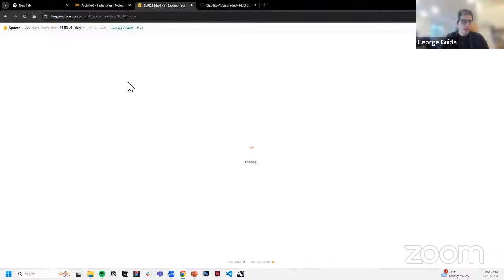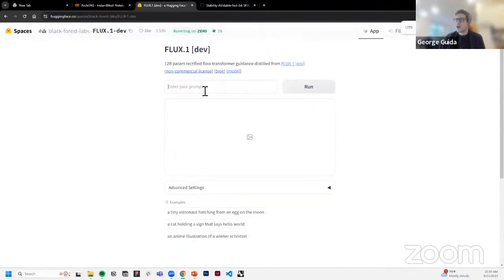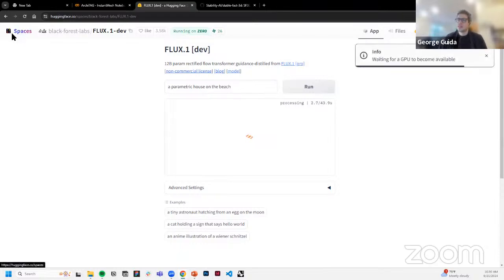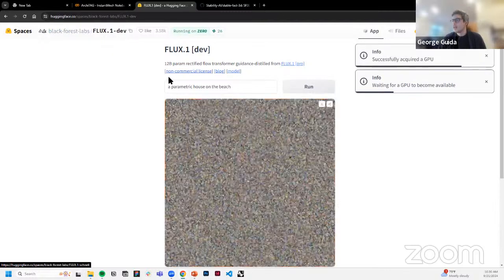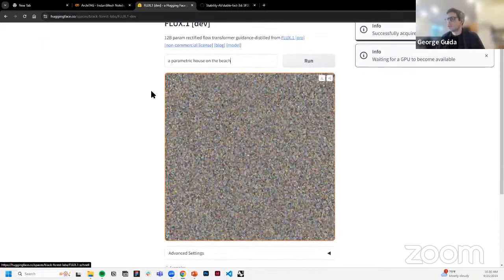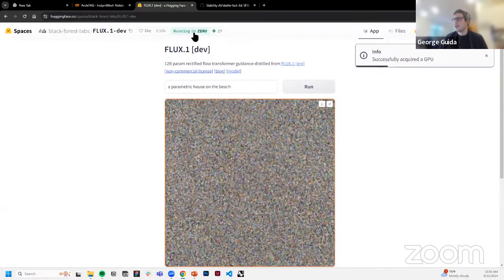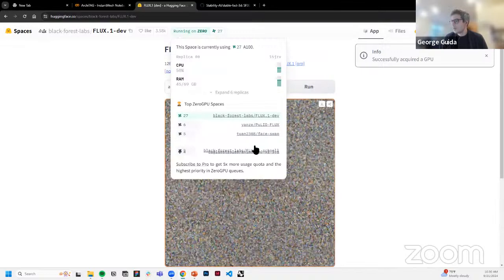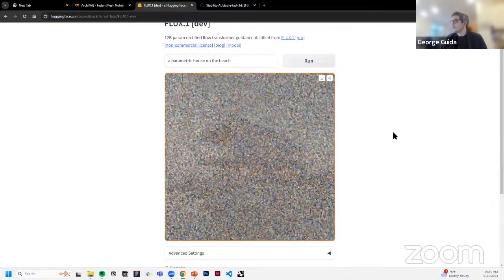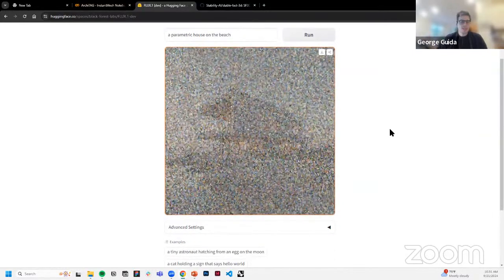you can just upload a single image that you have on your computer, or if you're curious to try this new model, parametric house beach. Again, this is in the Spaces tab. We're using Flux, which is Black Forest Labs' latest model. And this is just a very simple way of generating images quickly. They've made pretty powerful GPUs available. There are some other models you can also access. And just in a few seconds, this is completely free.